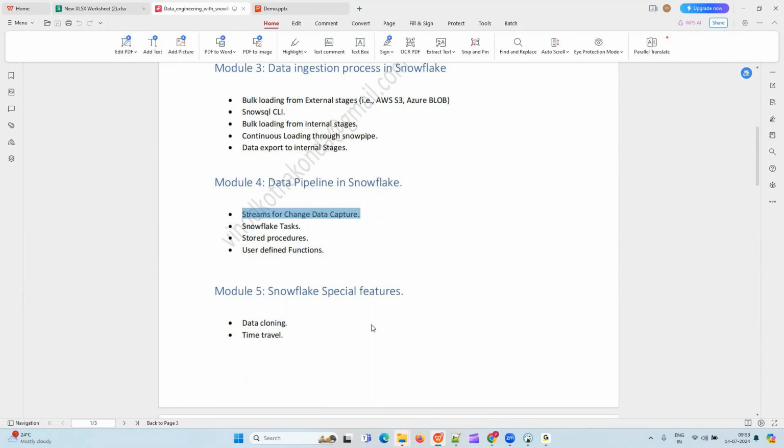So streams, with the help of either Matillion or DBT. So we are not going to build any SCD type; we are going to use streams only. Correct. Even if you do it from Matillion, internally it converts it into a merge into statement. I will explain that, so we are going to cover that as well.